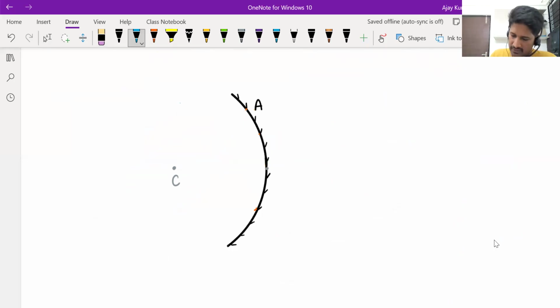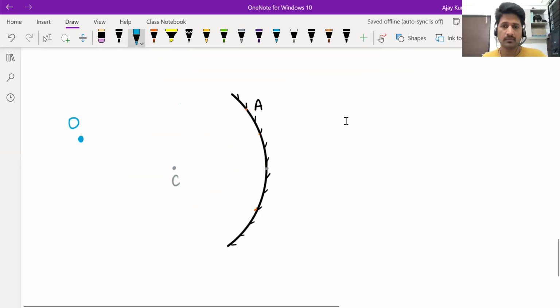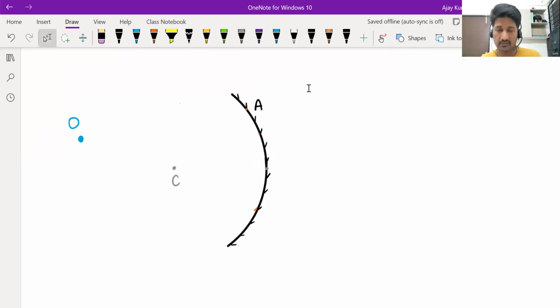Suppose the object is somewhere here. Then, one second, is my voice clear? Microphone is showing some error. Yes. Clear? Okay. Now, if the object is like this, then